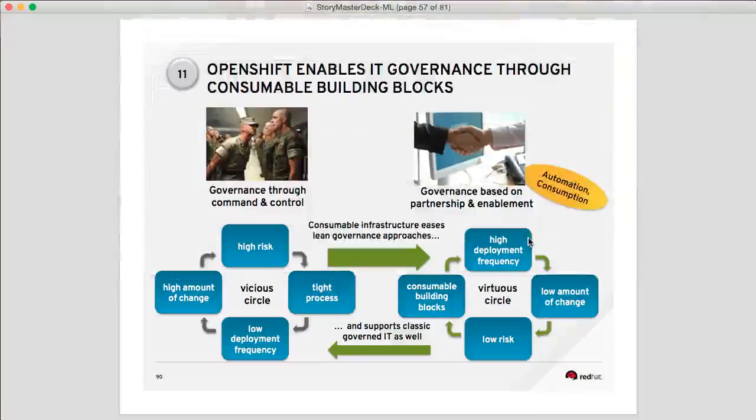That way, we really support very good governance, because there are two different approaches to governance. One is more process-driven. A high risk of something going wrong forces a very tight process, which then causes a low development frequency, which then causes each deployment to have a high amount of change. Whereas here we have a very high deployment frequency because it's so easy to consume, which then triggers a low amount of change for each one of those deployments, which creates a very low risk for each one of those single deployments. And all of this is based because we provide consumable building blocks instead of very restrictive processes. Okay, that concludes